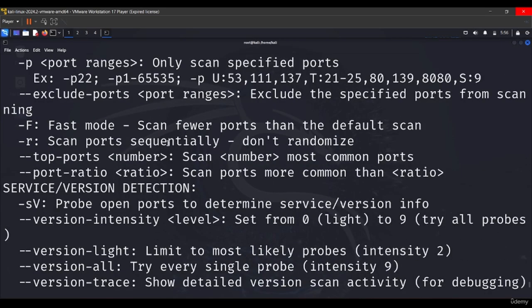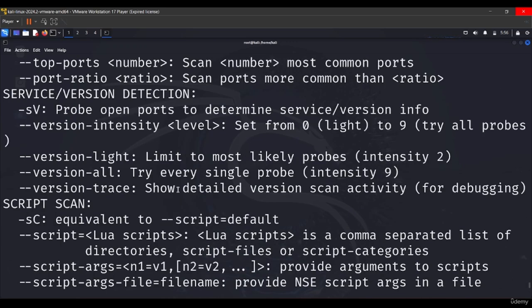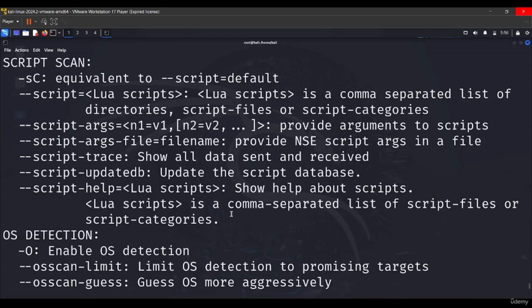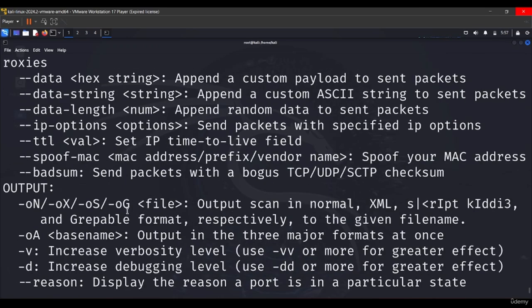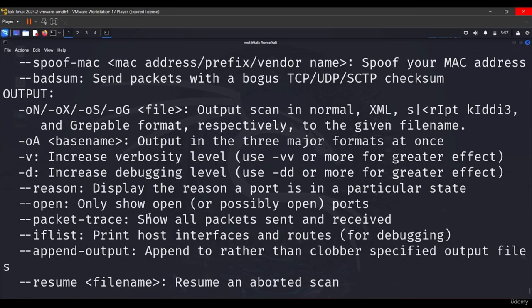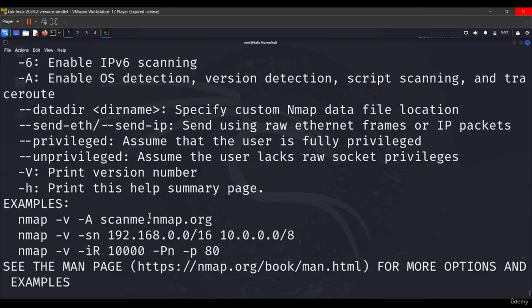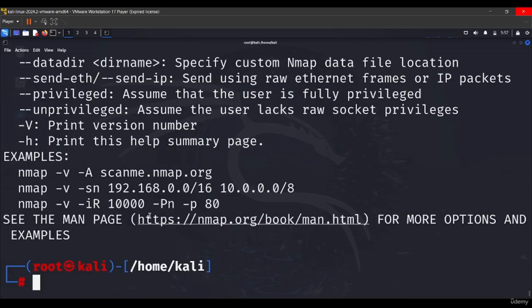There are lots of options in Nmap. So we'll explore them one by one. And if you want to save this output, Nmap also provides extensive output options, enabling you to save results in various formats like XML or grepable with the -o flag. Okay. So nmap -help is your go-to reference for Nmap capabilities. So let's see some basic commands of using Nmap. Okay. So you can see some examples of it.